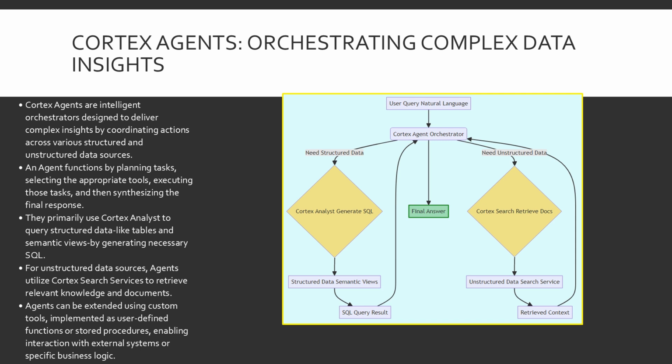This diagram shows the orchestration process performed by a Cortex agent. It starts when a user presents a complex natural language query. The Cortex agent orchestrator receives the query and decides which tools are needed to find the answer. If structured data is required, the agent routes the request to Cortex Analyst, which generates the necessary SQL against structured data like semantic views. If unstructured data is needed, the request goes to Cortex Search, which retrieves documents and context